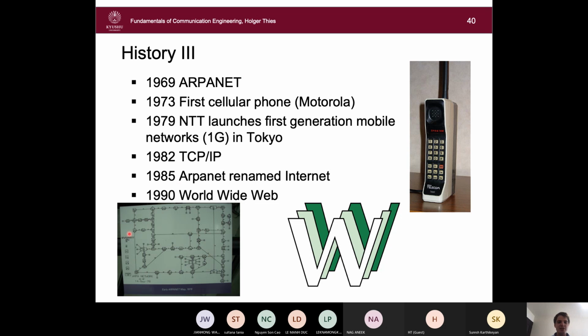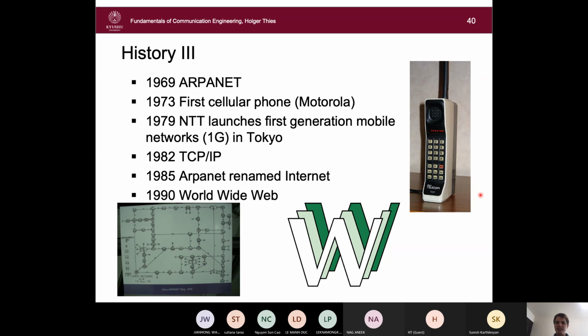And it was quite a complicated network already. It connected different computers at different locations. So this is a schematic map of one early version of the ARPANET, which shows how the computers are connected between each other. As you can see, the type of connections became more and more complicated, and so it became necessary to invent more sophisticated protocols for communication. The important one is probably TCP/IP, which was installed in the ARPANET in 1982.